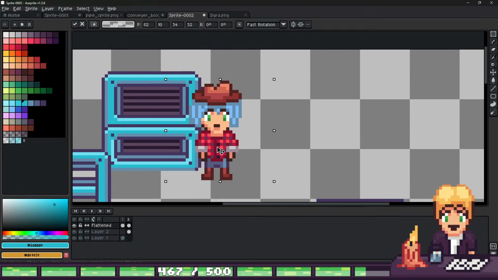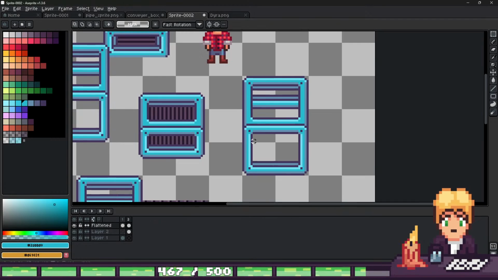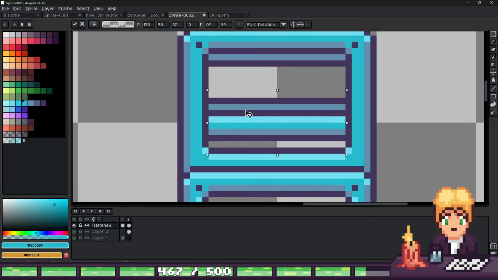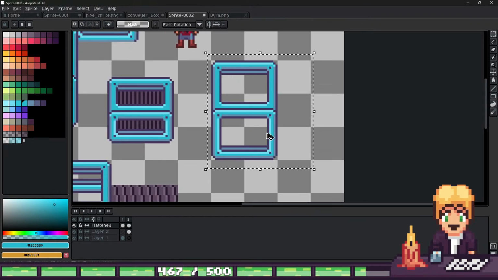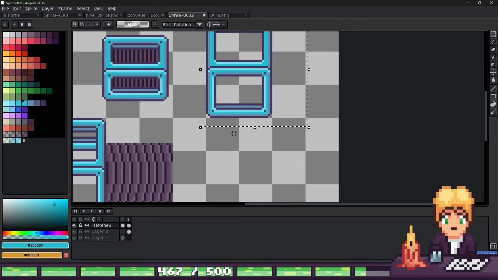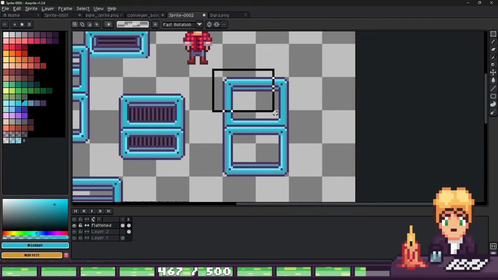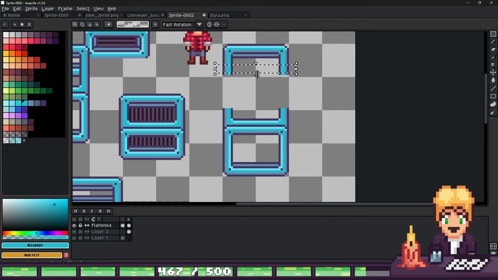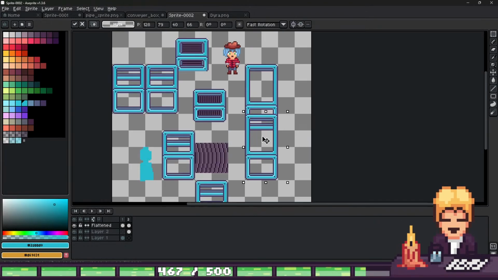This box looks okay, but this is way too big. But this is how a box is supposed to look in